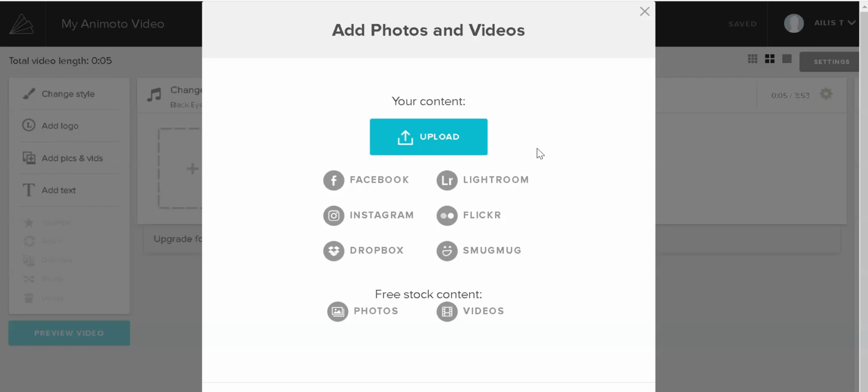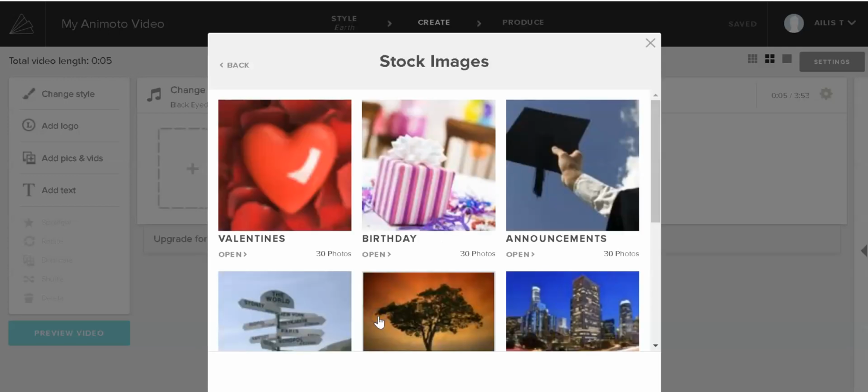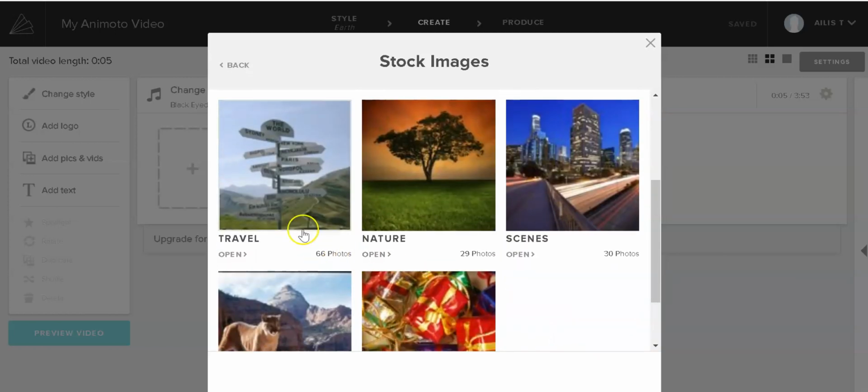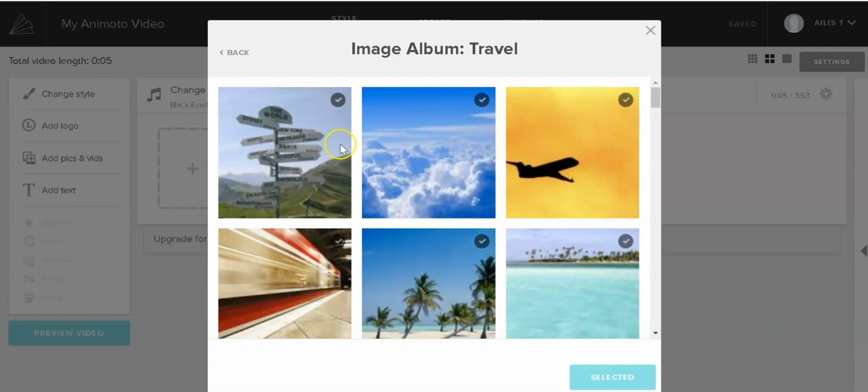But equally, I can upload from anywhere that I might have my photographs already, or from free stock content. Again, for this sample video, I'm going to use free stock content. Again, good to show students that there's images that are available online for use, for free, so that we're not stealing anybody's images for this. So in this sample one, again, I'm going to see a bit of travel here because we can't travel right now as we're making this Animoto video, so we will maybe get some inspiration from this category. So you select the images that you like,